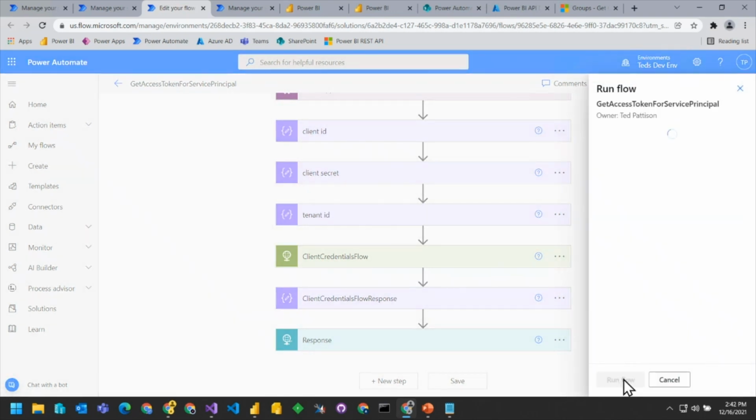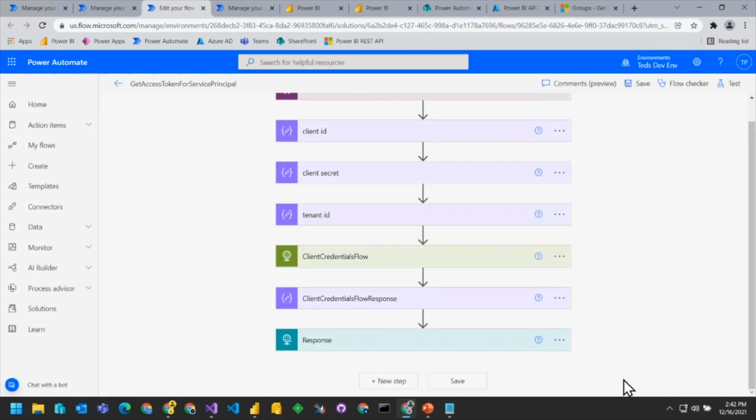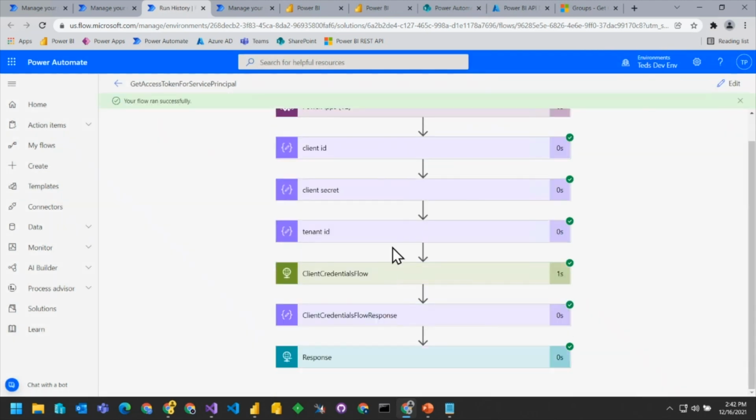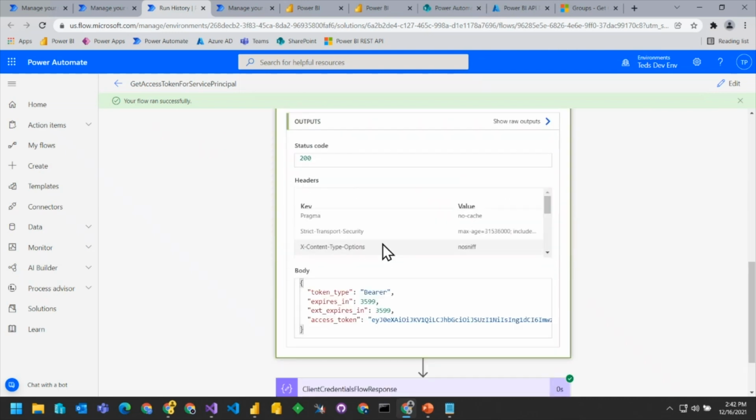And as we run this, it's going to get those details. We're going to have this request that goes across, and you can see what comes back. Well, there's my access token. We can see that it expires in an hour.